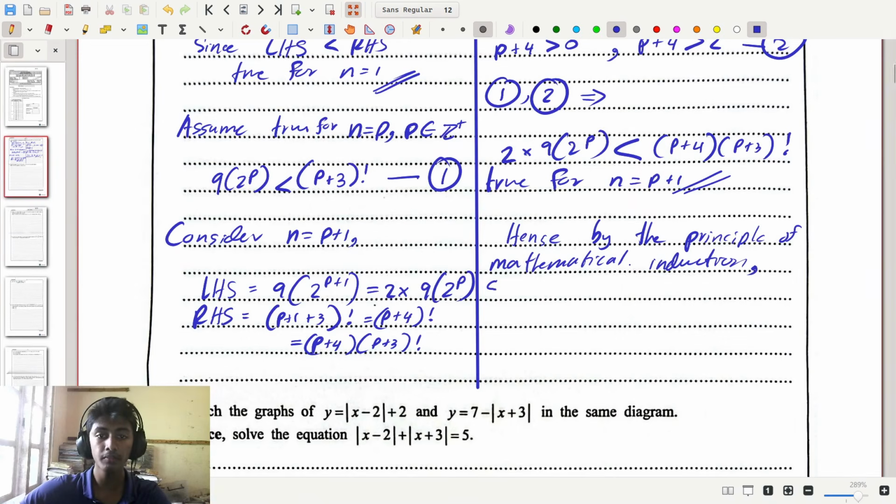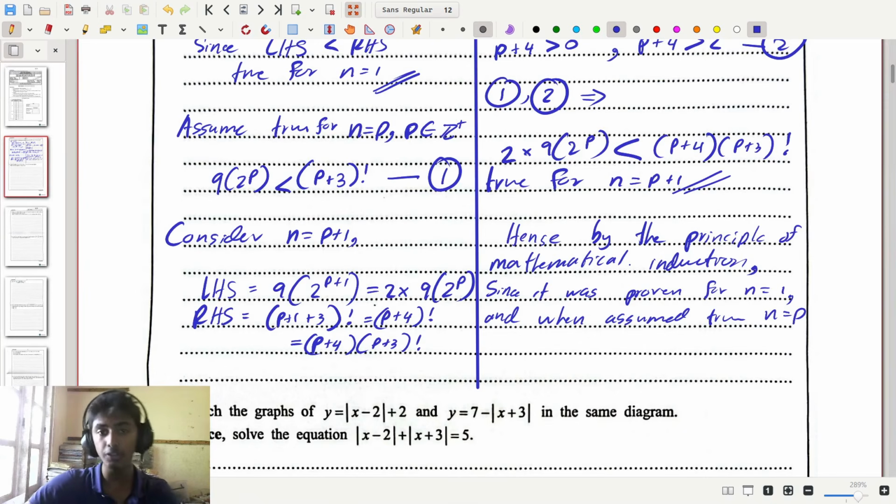So we're going to say, since it was proven for n equals 1, and then what we did was assume it true for n equals p. So we're going to say, and when assumed true for that value n equals p, it was proven true for the next value n equals p plus 1. So we're going to say was proven for n equals p plus 1,